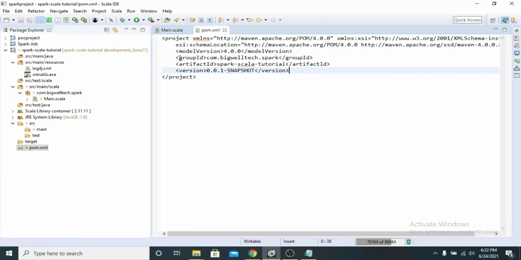Okay, so we will write here dependencies. First we need Spark core.